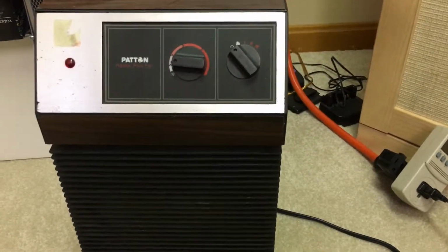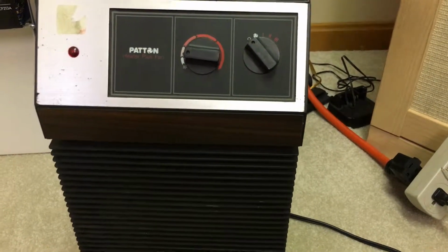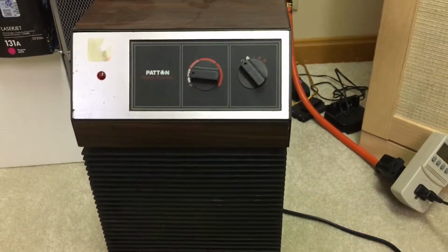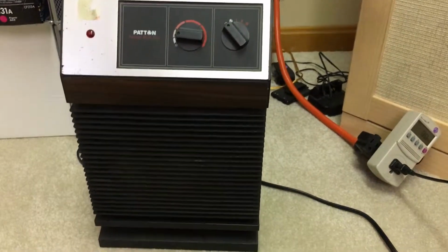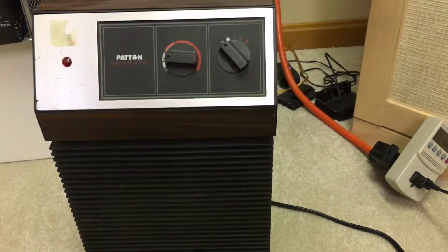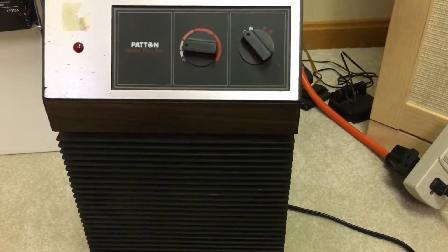Hey guys, so today I wanted to show a quick video here on my portable heater. I use this in my office, and it's an older heater. I found it at a garage sale. But what I thought was interesting about this compared to some of the smaller